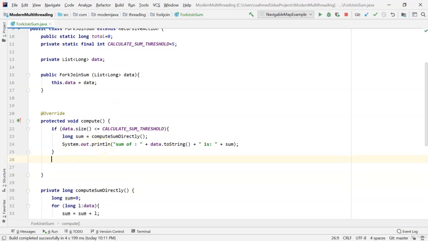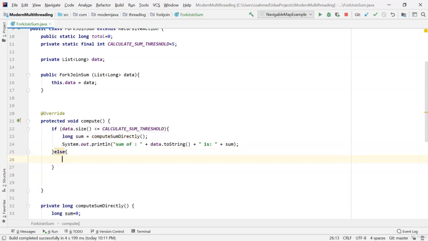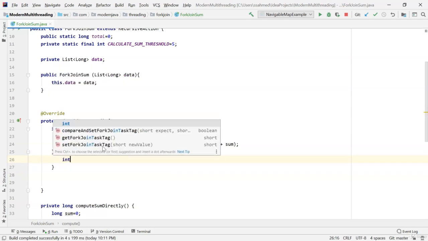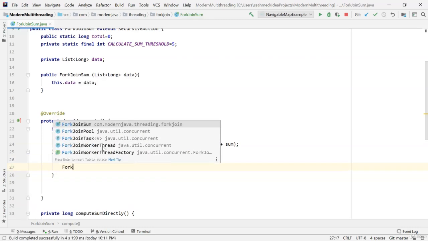So here let's put else, and inside else what we'll be doing is calculating the mid. So we are splitting this into two tasks, and then a recursive loop will go and split those tasks into subtasks of divide by 2. So int mid is equal to data.size divided by 2, and then ForkJoinSum